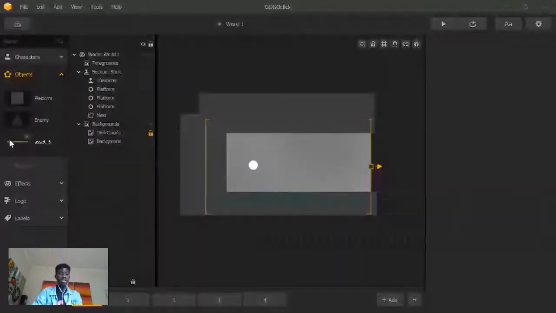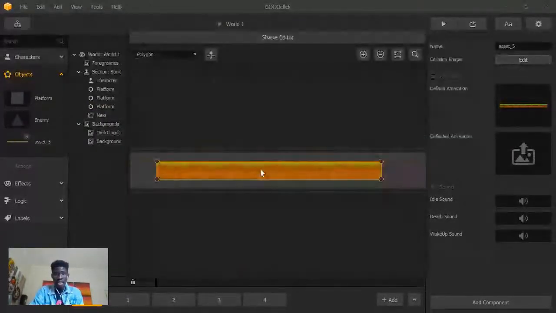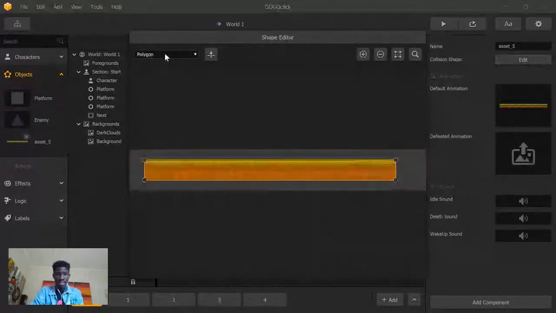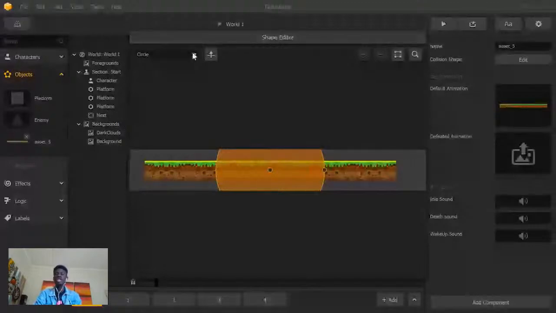So how do you customize your own collision? When you click on the image here, first let me just click back here. If I click on this image here, you see this here, edit collision. You see this? Not here, please. Edit collision. When I edit collision here, I can minimize and see how much my collision is. I can choose polygon, or it's going to be circle. But why should the collision be a circle? Then how are you going to manage to walk onto the platform if you're